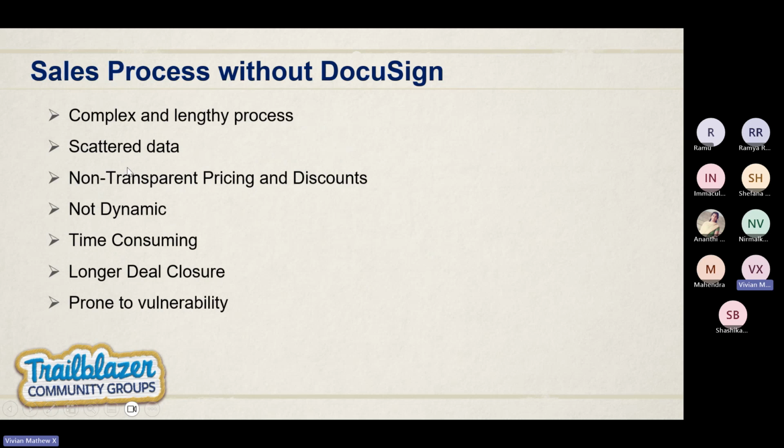So how would the sales process be without DocuSign? Imagine DocuSign is not available, especially in the case of Salesforce CPQ. Every time you have to create a quote document and send it as an email. So from Salesforce, your quote document would flow into email, and from email, they have to either download, sign it, and then upload it back to you. So it involves a lot of traditional cycles, which we don't want